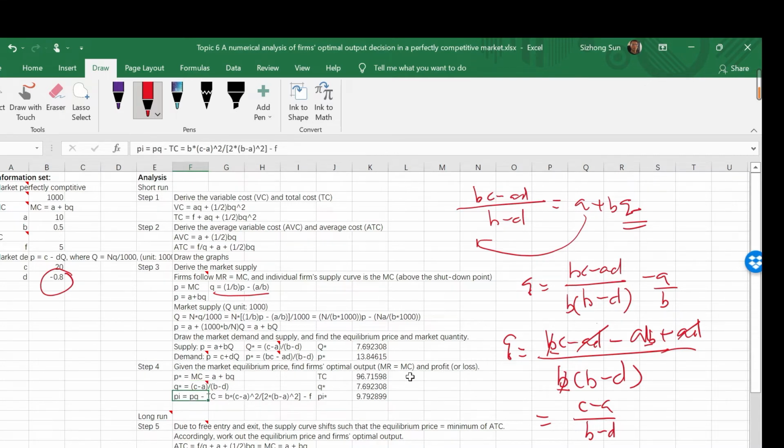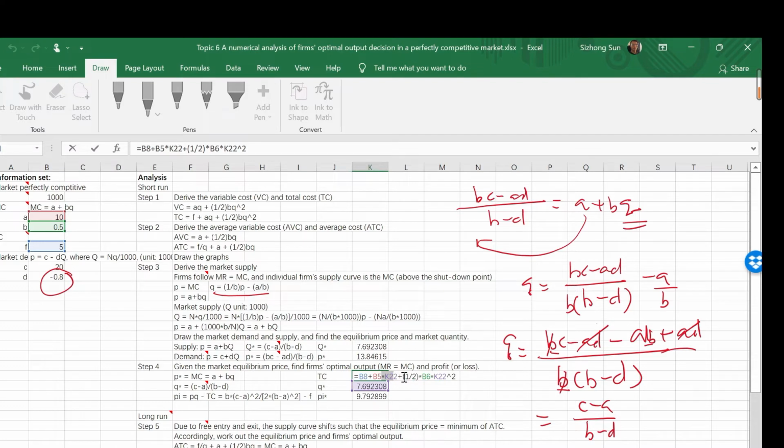And then we can find profit. Profit is equal to the total revenue minus total cost. We know the total cost function here. We know the total revenue, so we can derive the analytical expression as this. Okay, and let's assess, given the parameter values A, B, C, D, the total cost for this particular firm. So it is 5, the fixed cost, plus 5 times the quantity